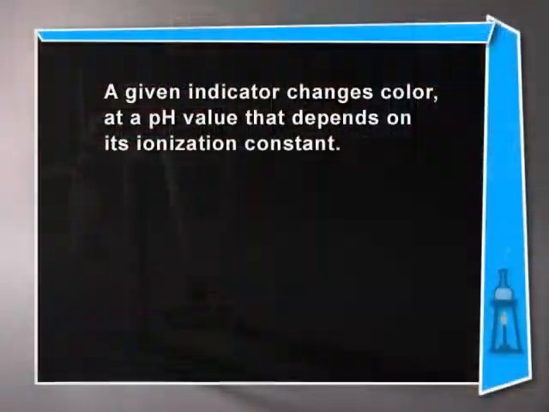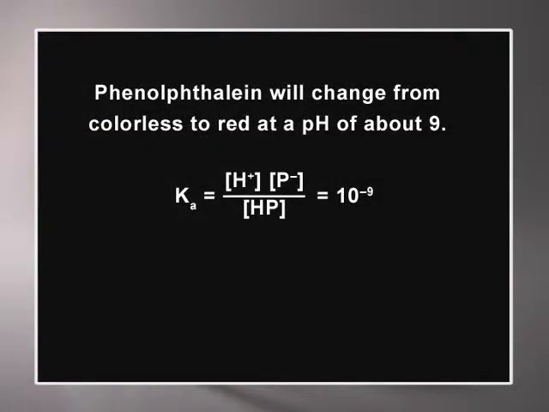We said that acid-base indicators were weak acids or bases, and like all weak acids or bases, they have an ionization constant Ka, if we limit our discussion to weak acids, which is fine for our purposes. It turns out that a given indicator changes color, so to speak, at a pH value that depends on its ionization constant. I don't really care to go into the proof of this. You may want to try and figure out why this is true on your own. Phenolphthalein, which has a Ka of about 10 to the minus 9th, will change from colorless to red at a